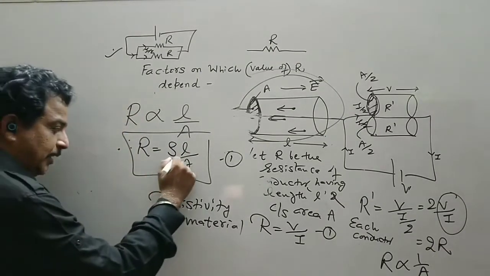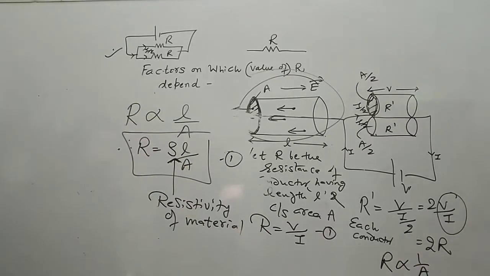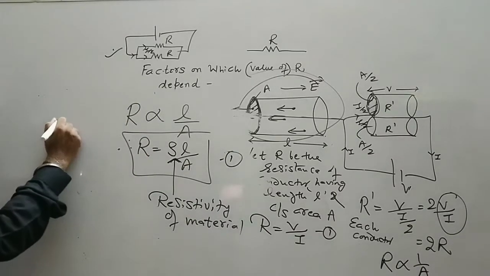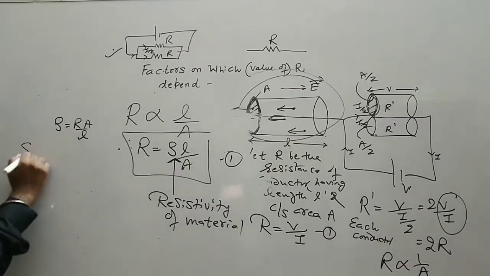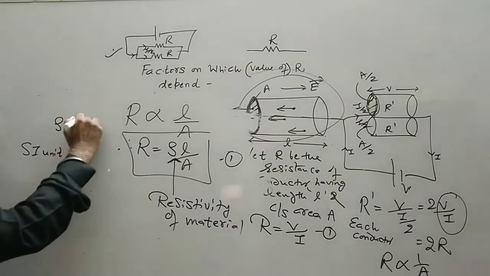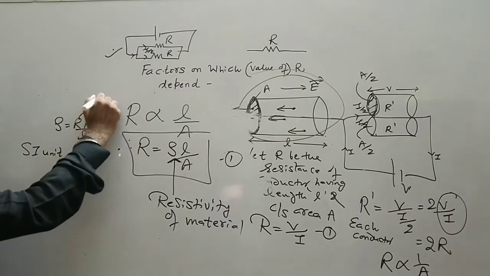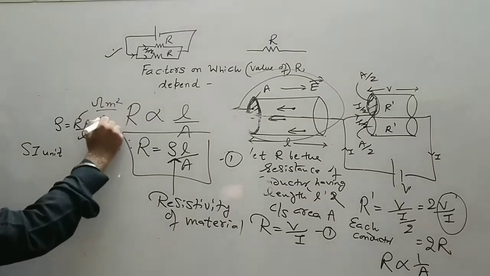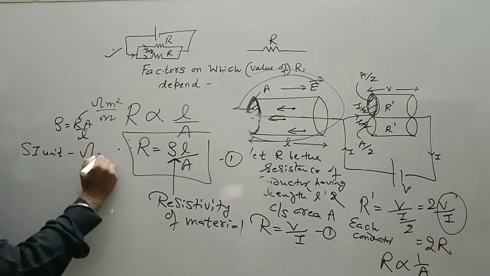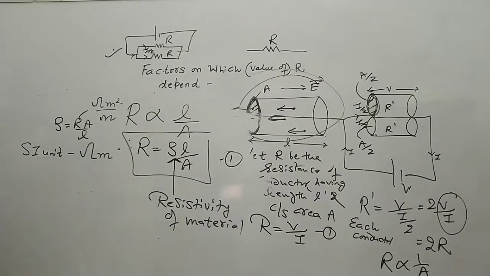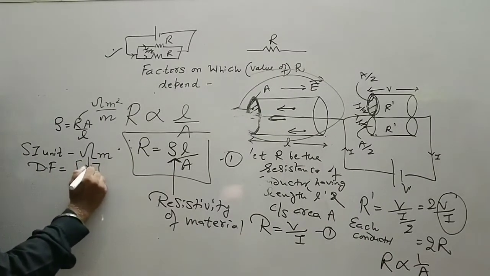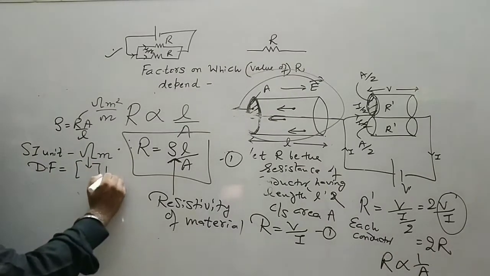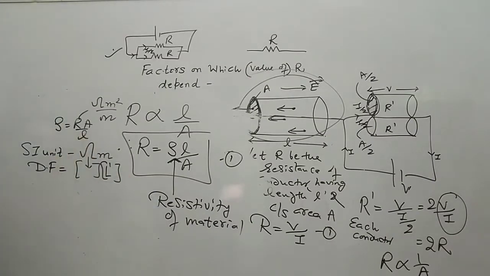However, let us name this constant of proportionality as the resistivity of a material. So rho can be written as RA upon L. Now SI unit of rho. So we know the resistance has a unit ohm, area meter square, upon length is a meter. So unit becomes ohm meter. Dimensional formula is again left as an exercise. Whatever answer you get for a resistance, you add L inverse in it. So it will become the dimensional formula for resistivity.